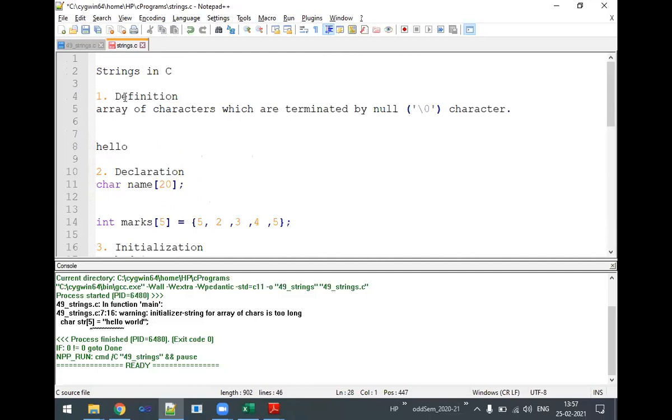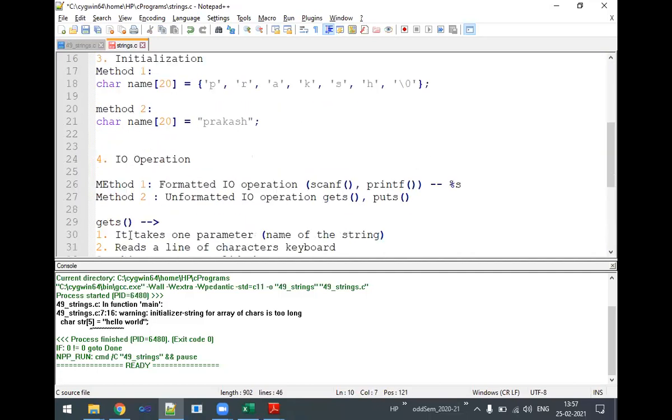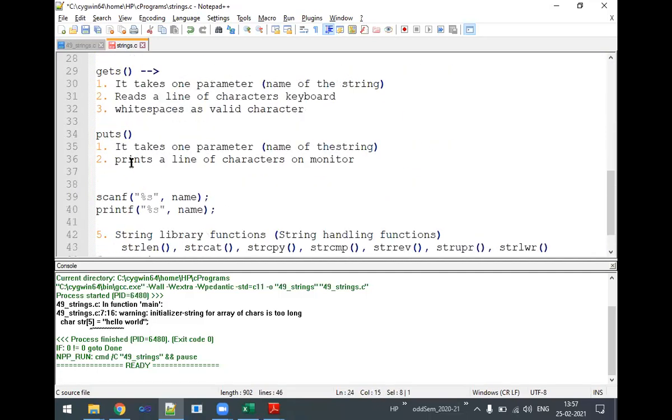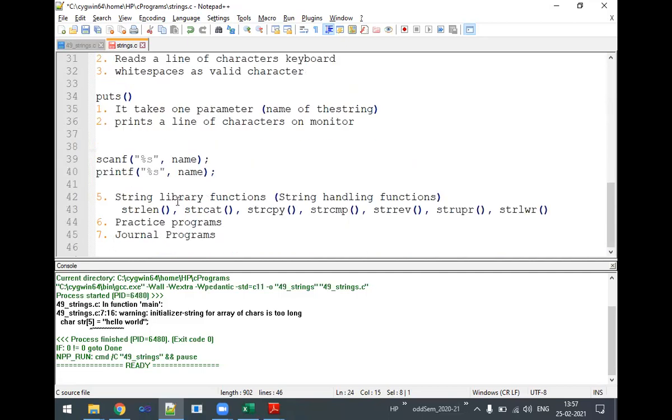So for this concept, definition, declaration, initialization, and input output operations are all done. Now we will move on to the next concept, string library functions. Pay attention, this is important again.